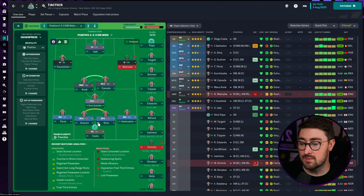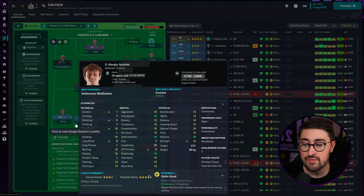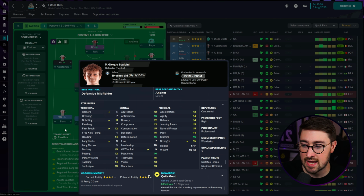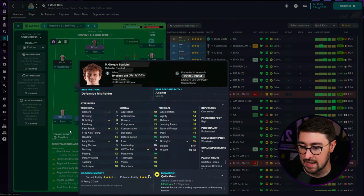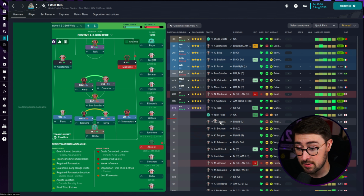Centre backs, some brilliant young players here. We've got Antonio Silva as the right centre back. Scalvini I'm using as the left centre back. I know he's right footed, but he has got a really good left foot, I should say, and he doesn't have a side preference. So we're using him at the moment, but Scalvini is, I mean, look how good he is. Unbelievably good. With Simakan, if he could come in as well, with Botman still around the club,